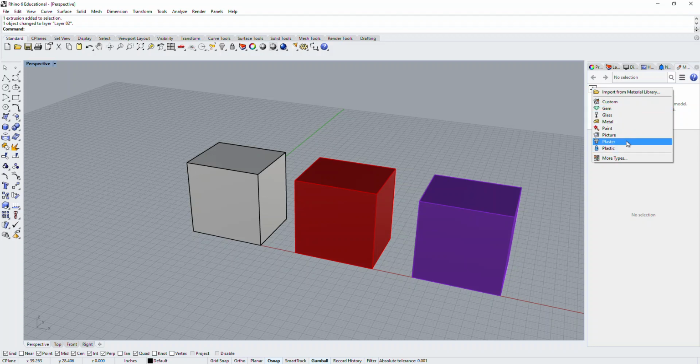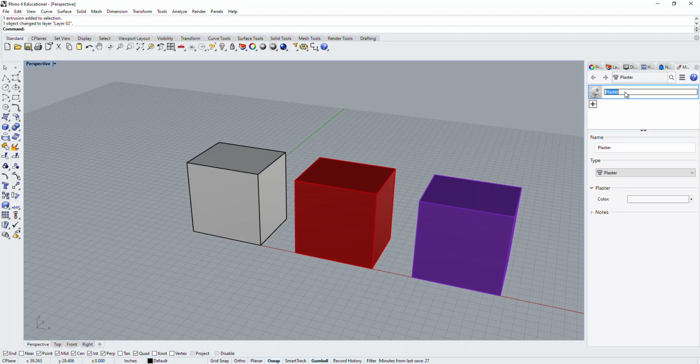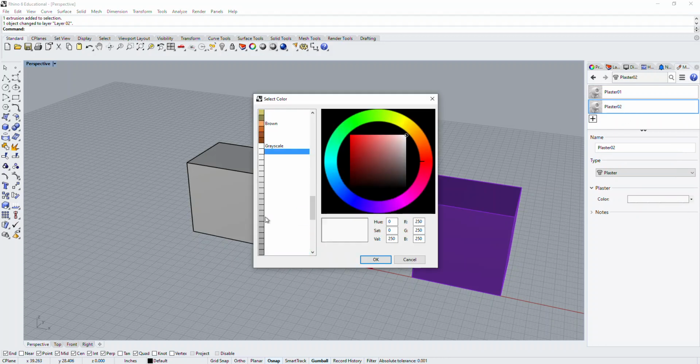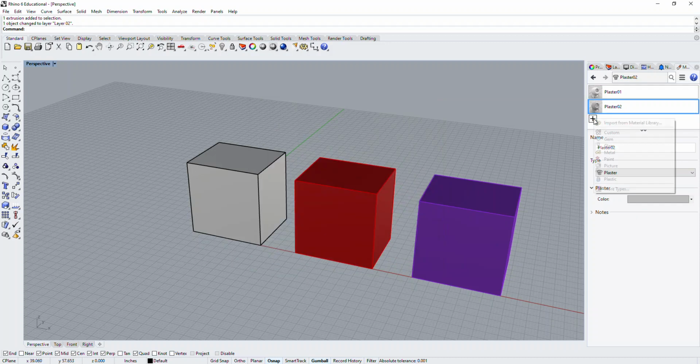That material, you can create whatever you like. I'm going to create plaster here. We'll name it plaster 01, and we'll leave it as white. I'll make another plaster material. We'll name that plaster 02, and we'll make that, let's say, a darker shade of gray. And then we'll make another plaster material. We'll call that,